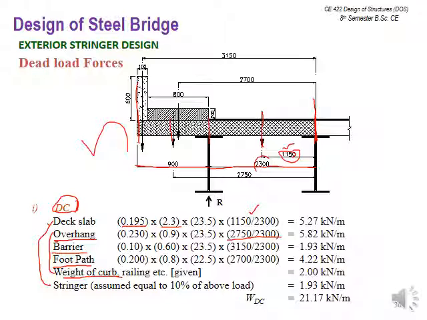Similarly for the overhang, it is 2750 from the center of the just overhanged part till the center of the first interior girder. But its actual length is 900, that you have to consider over here, and this ratio is over here. So with this particular ratio, the effective overhang depth, you are going to be putting its effect on the exterior girder from both of the sides.